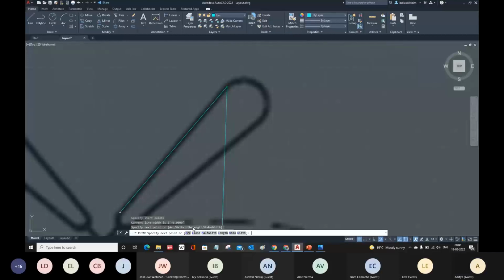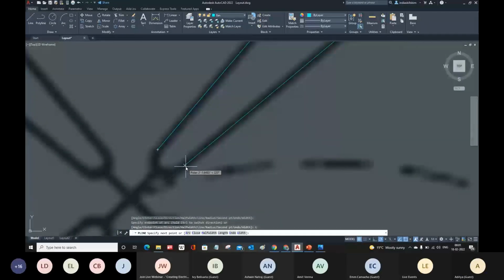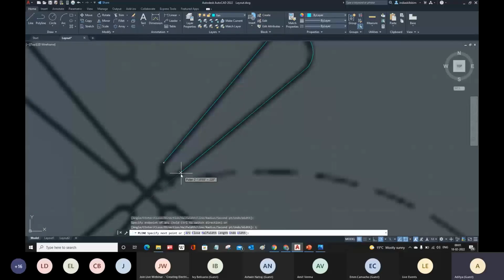This flexibility is there, and then again go to the line, up to here, and then again use the arc and close it. Done. We have got the one item.